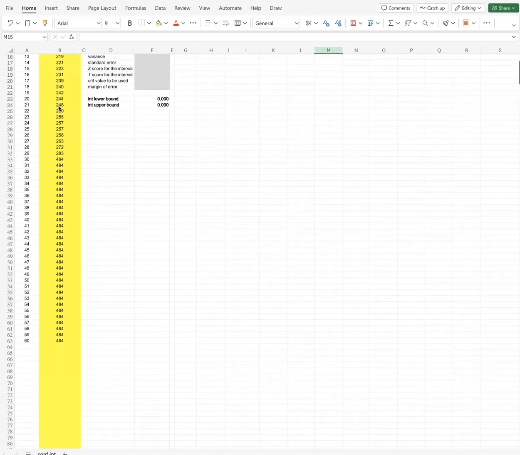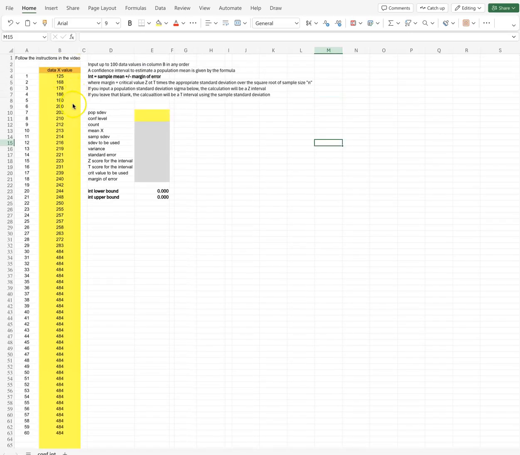They can be just random numbers or anything. I've only put in 60 data values here. You can type in your own, more than 60, less than 60, up to 100. So once you have the data in there, then